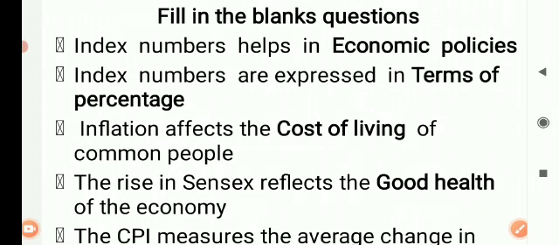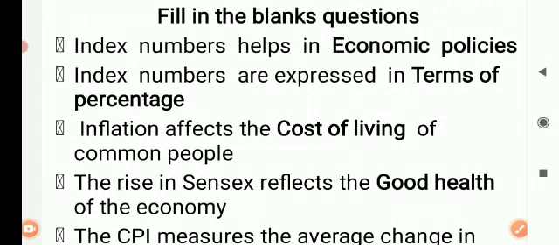You know why? Index numbers give the price structure of the base year as well as the current year. Based on the base period price as well as the current year price, the government, for example, takes advantage of these prices to impose tax on different goods and services. While imposing taxes on different goods and services, index numbers help a lot to prepare the economic policies of the government. Look at the next one.